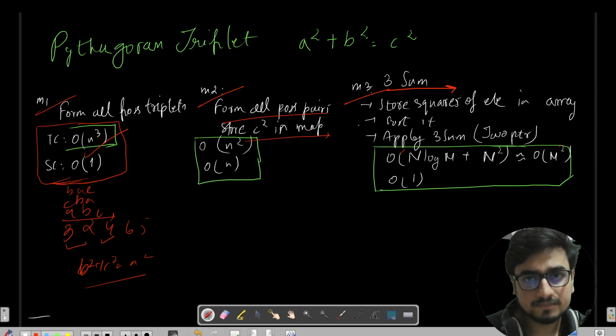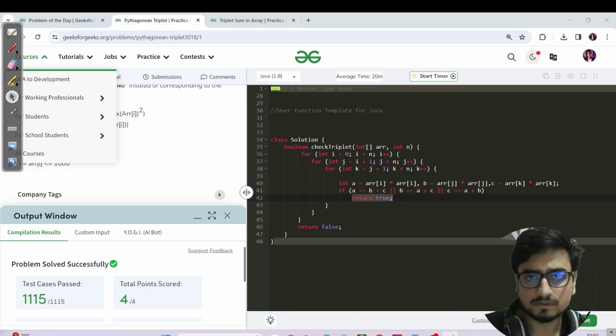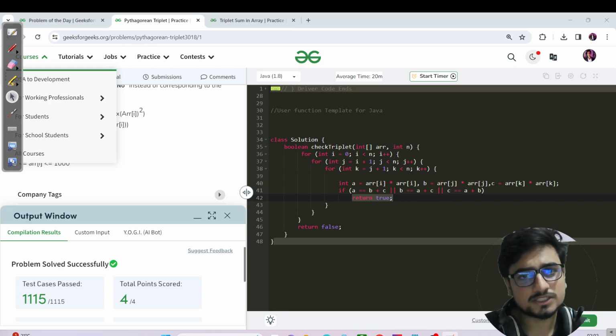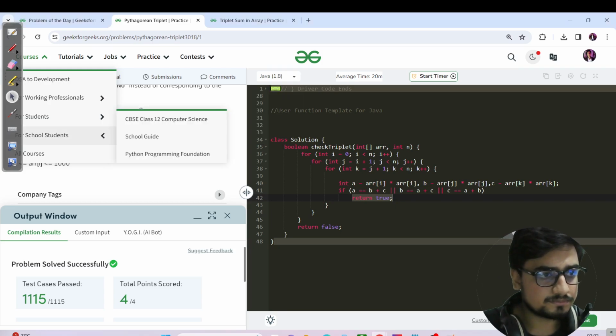नाउ लेट्स अज्यूम विद द मेथड 2। मेथड 2 में हम क्या करेंगे यार, हम एक मैप बनाएंगे, ठीक है। सारी एलिमेंट्स का जो स्क्वायर है हम उसे पुट कर देंगे एंड देन वी विल जस्ट रन फॉर forming all the pairs, that is a square and b square, and we'll check c square in O of 1 from the map, or even you can make हम map ही सही है, map or set, array will not work, correct। let us see the method 2।